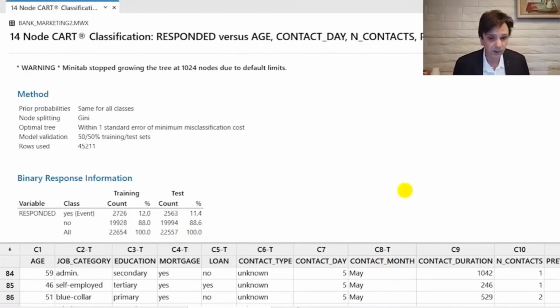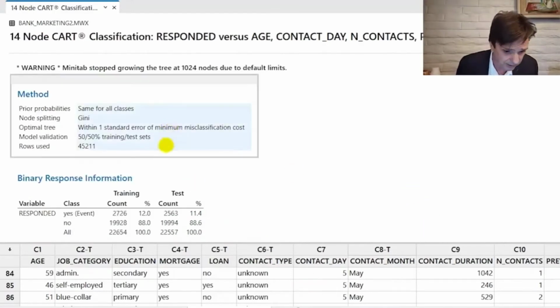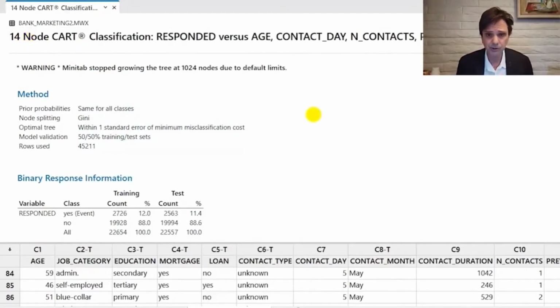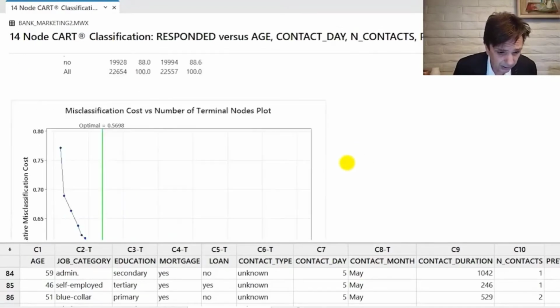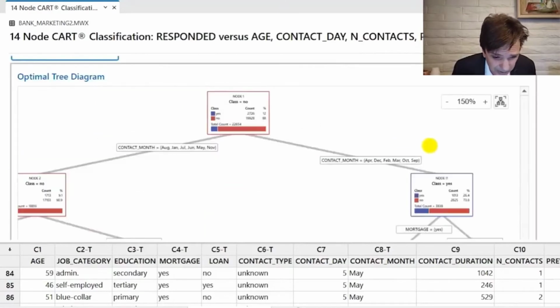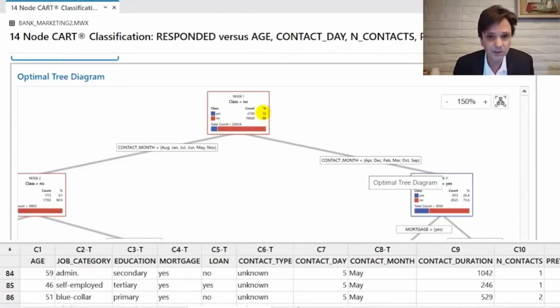Here is an example of that same data set that I ran in CART, and as you can see, I'm getting a 14 node CART tree, which is pretty straightforward and easy to understand. Here is the history of CART runs, and when you look at the tree itself, again, notice we've started with about 12% responders to our marketing offer, and then CART automatically identified that depending on what contact month that particular